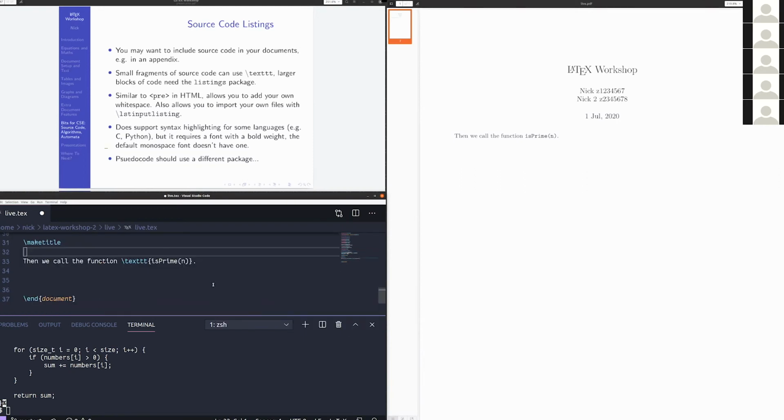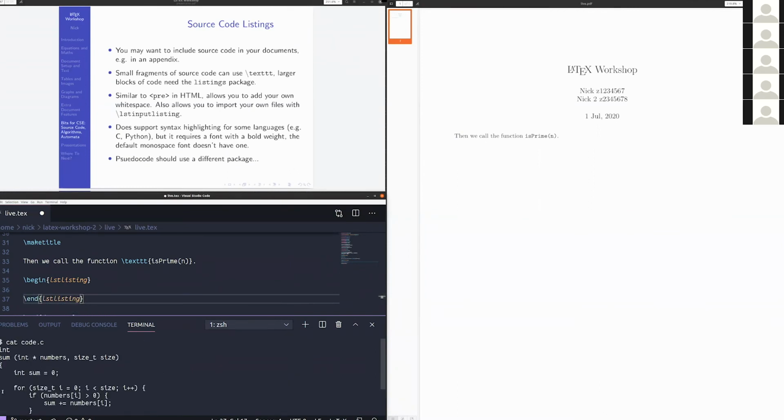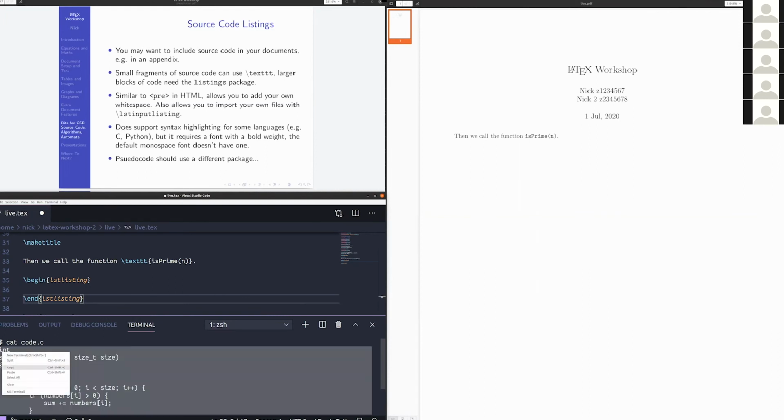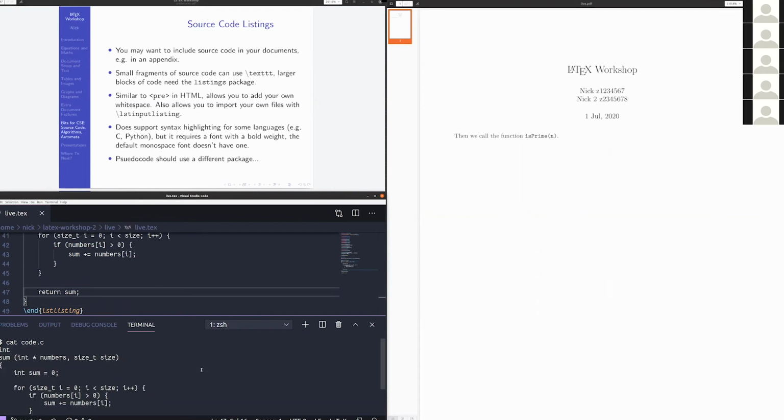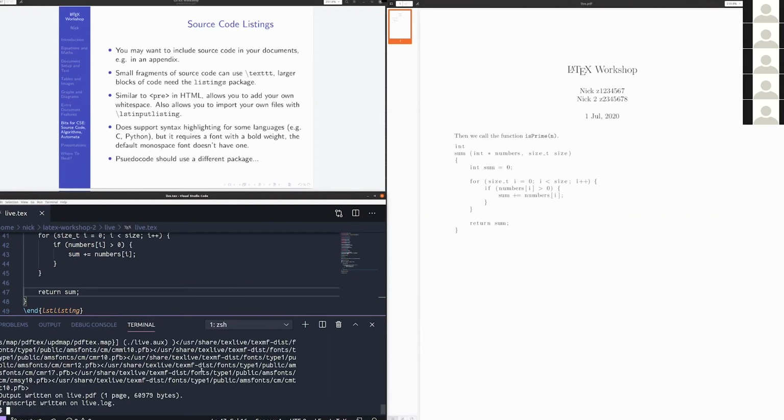And then what I can do is just do begin and end LST listing. I'll just copy this code, paste it in there. Let's compile this document now. All right, so it has like lined up all the characters as if it was monospaced,